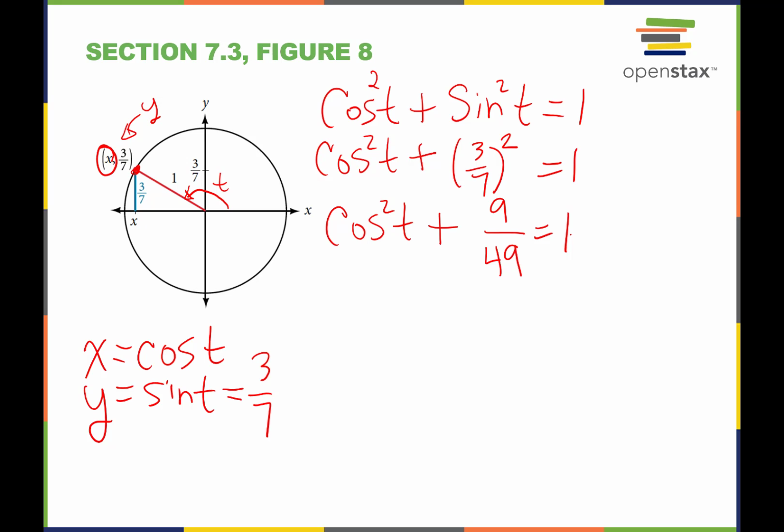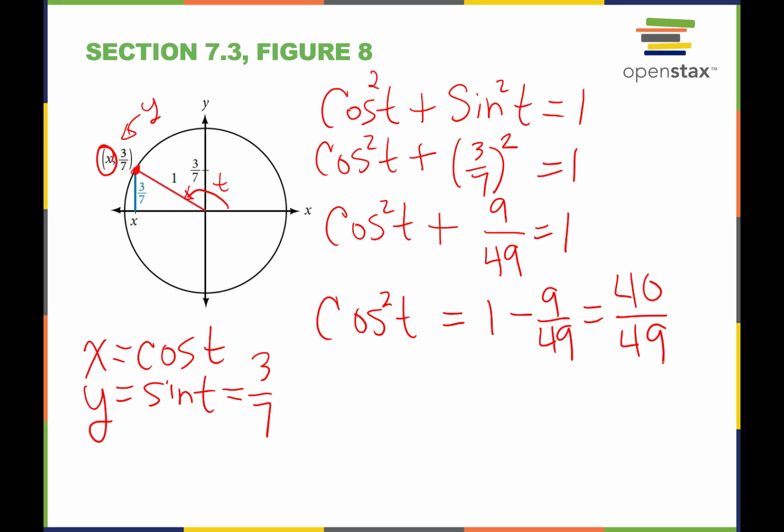So now what I have to do is subtract 9/49 from both sides. So I have cosine squared t is equal to 1 minus 9/49. And when I subtract that, I can take that 1 and change it into 49/49. So when I subtract 49/49 minus 9/49, I get 40/49. So I have the cosine squared of t is equal to